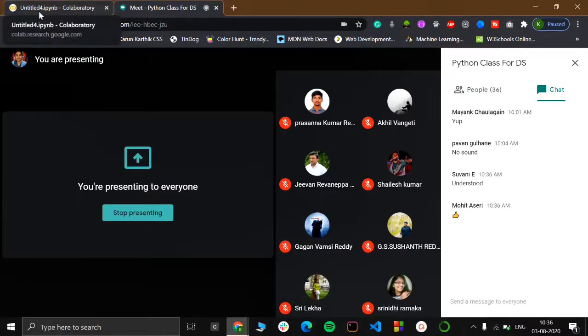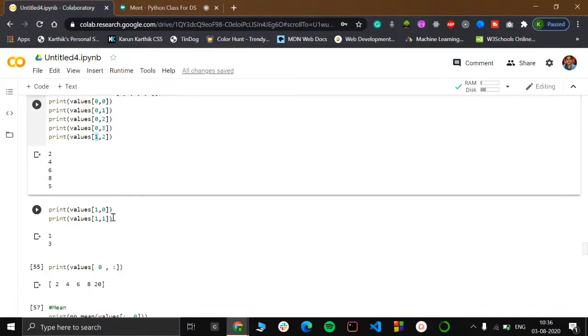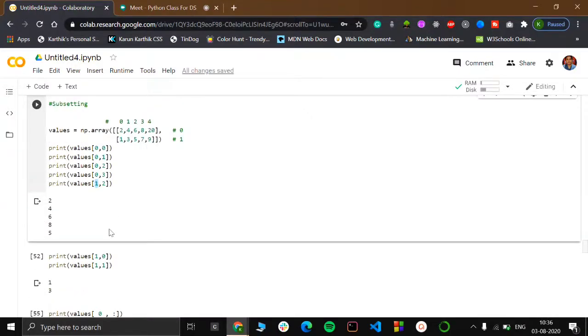Okay, so again I am explaining this. The first part is the row index and the second part is the column index. So 1 comma 2 goes to row index position 1, and 2 gives 5. Again, the same thing, print values 1 comma 0.